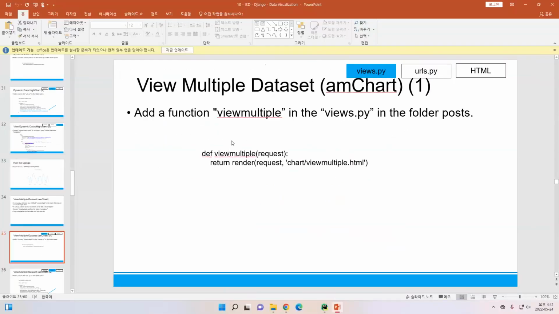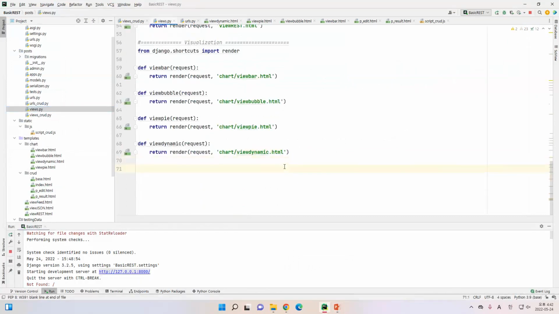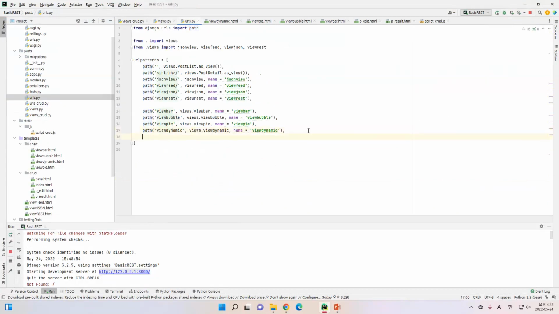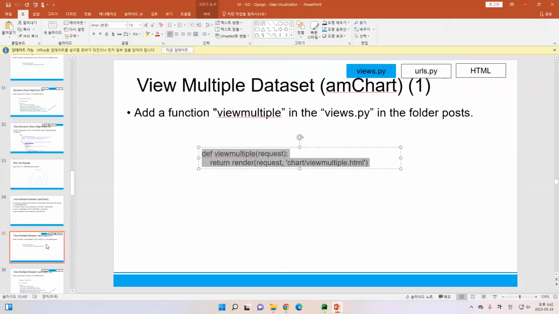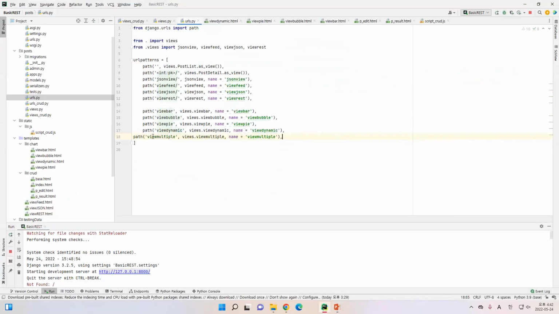So let's see one by one. You need to make the view multiple in the views.py. View multiple, and then I will make a new link. I will make a new link here. So the link will be toward the view multiple, and then